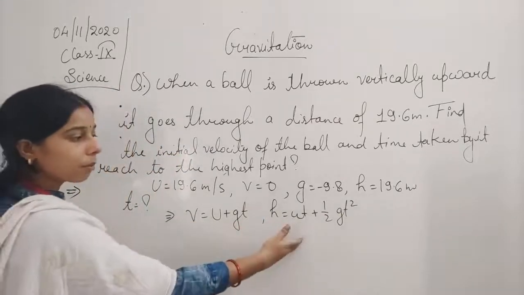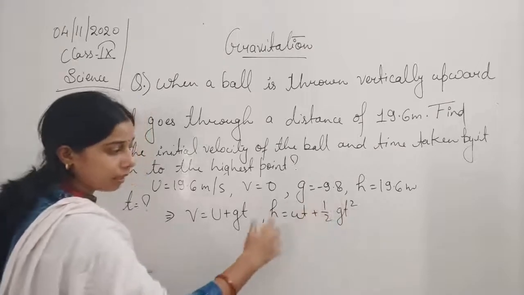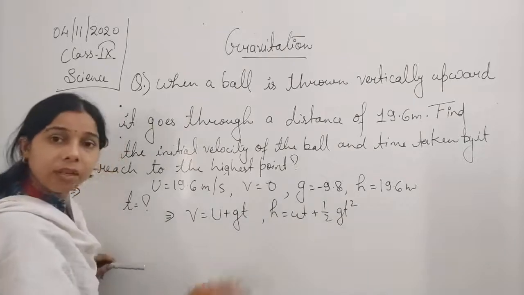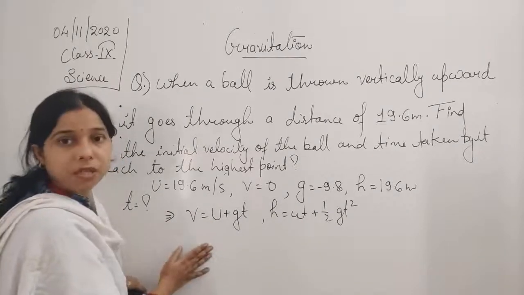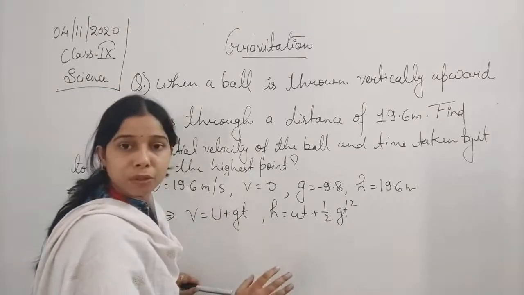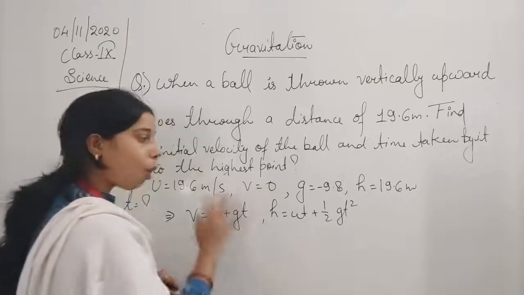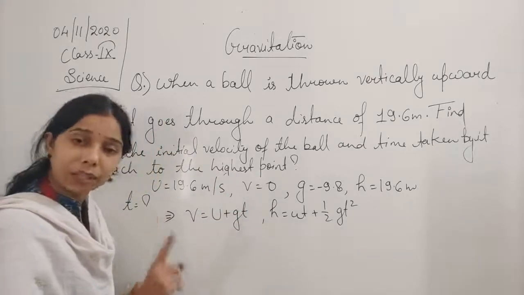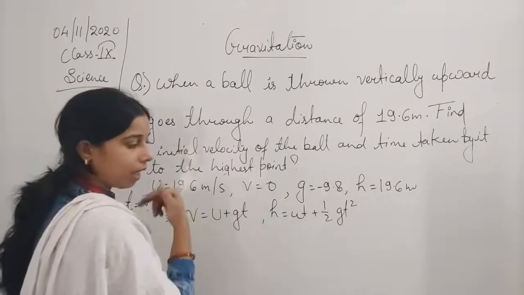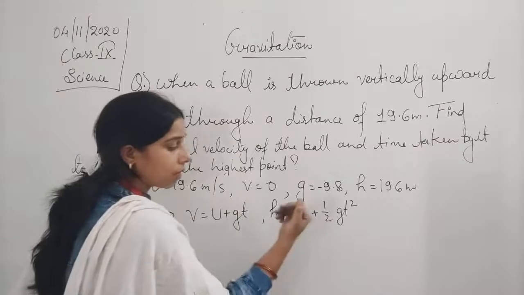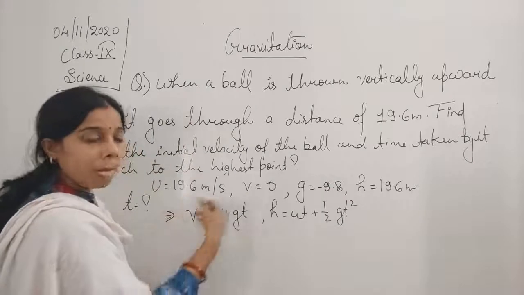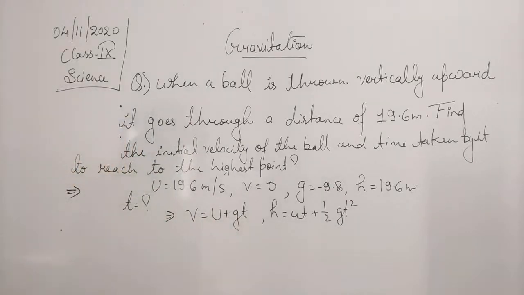Comparatively to this, because there is the t square, you have to do the square root. So comparatively, if all the values are given, better you should prefer the first equation in which the calculation is also less. But it totally depends on you, you can use any of them if all the values are given except one, that we have to find. Here also v is given, u is given, g is given, t we have to find. Here also h is given, u is given, half and the value of g is also given. So we can use any of the formulas. I am using the first equation.